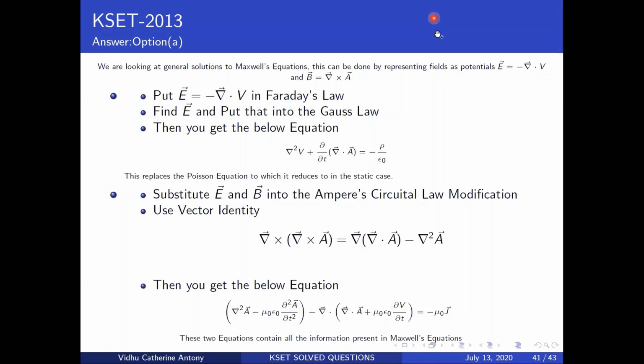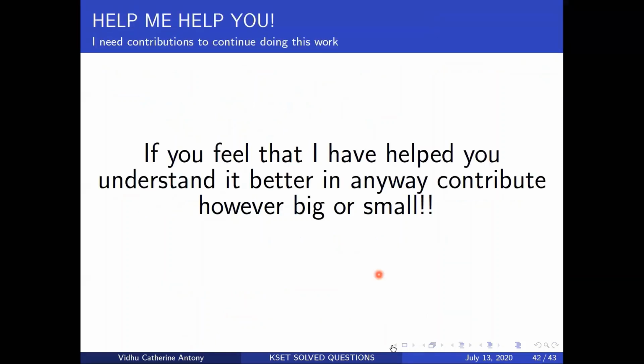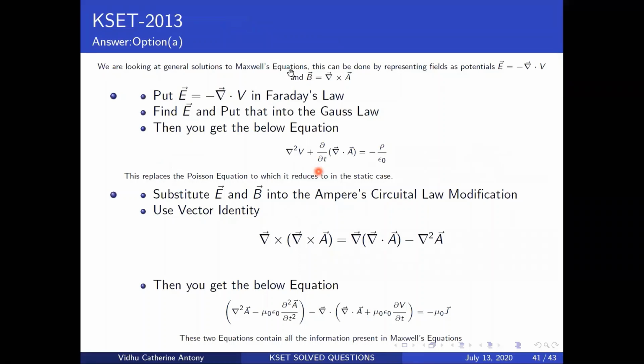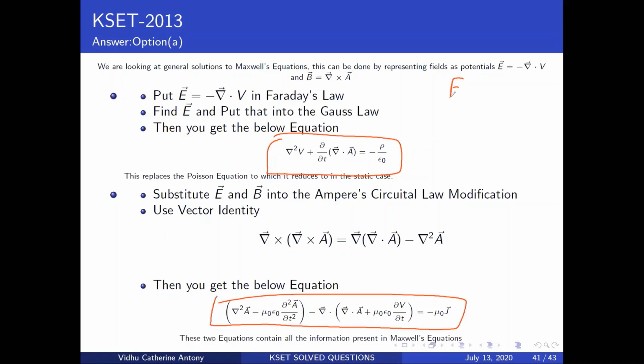So what have you done here? You've basically taken the Maxwell equations and reduced them to these two equations. What was the information that you needed for your Maxwell equations? You needed your E vector, which involved Ex, Ey, and Ez. You needed a B vector, which involved Bx, By, and Bz.